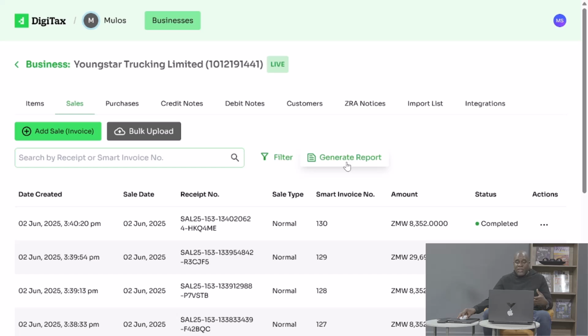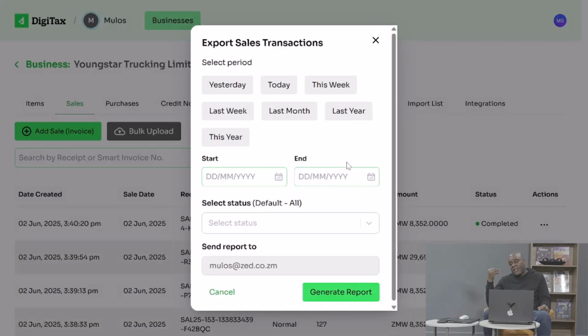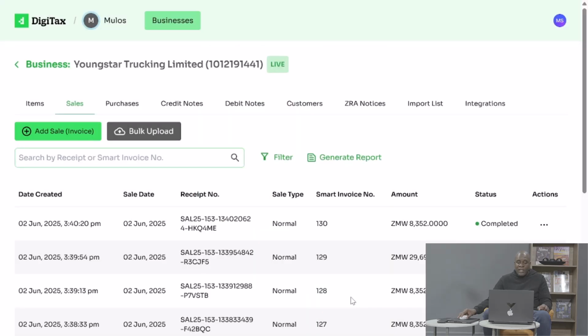But here there's a generate report. So if you're filing VAT returns for the previous month or any of the other months, let's say last month, it's going to automatically populate there. I'll generate a report and it's going to send me a report via email of a CSV file with all the invoices I issued last month,